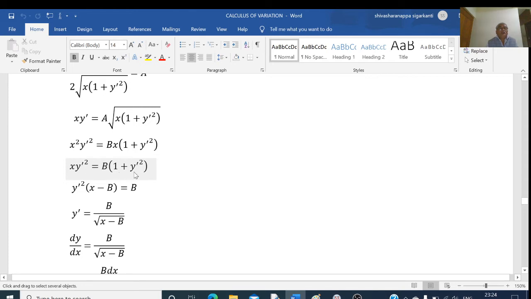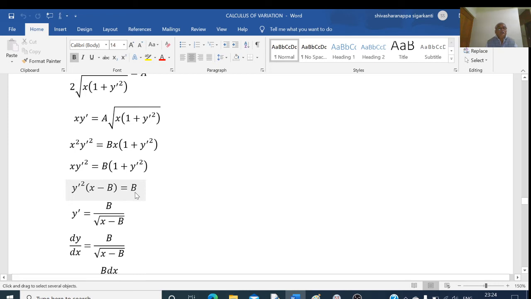Here we have on the right hand side y dash square into b. If I take this onto the left hand side and take y dash square common factor, we get y dash square times (x minus b) is equal to, on the right hand side, b into 1, that is equal to b. Now if I take a square root, I will get y dash is equal